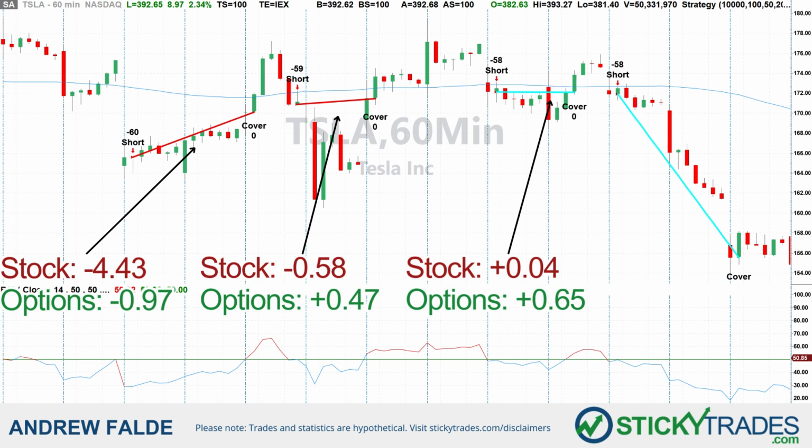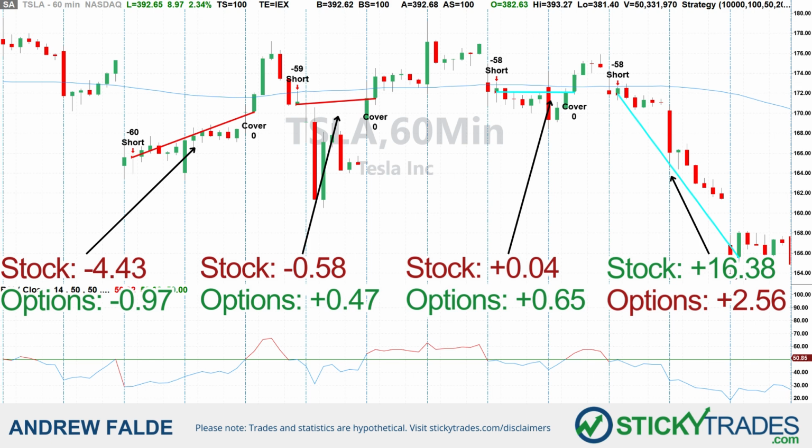And here we're right about break even, and the stock technically makes about 4 cents on this signal, so we're going to mark it as a win. But what happens with the options as you hold it just over a day? 65 cents per share in the options trade. So you can see how that constant accumulation of better and better trades is going to give you more consistent results using options. But here is the downside, or what you have to give up, is this